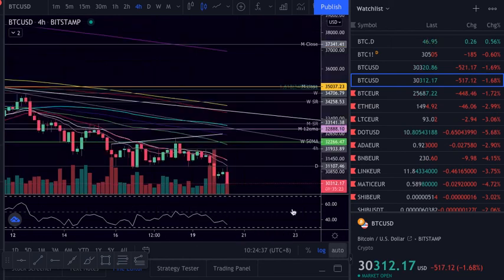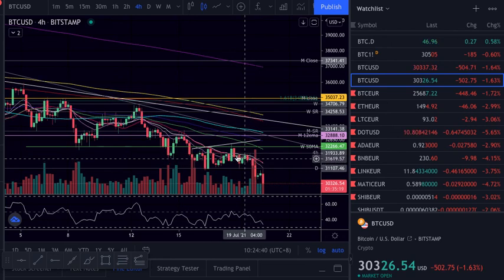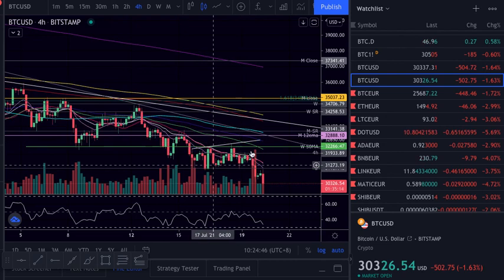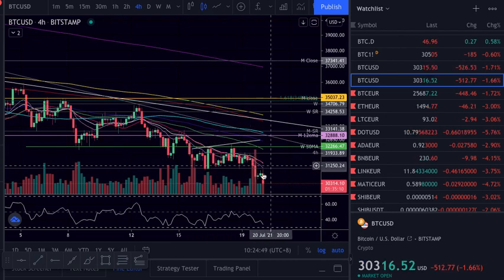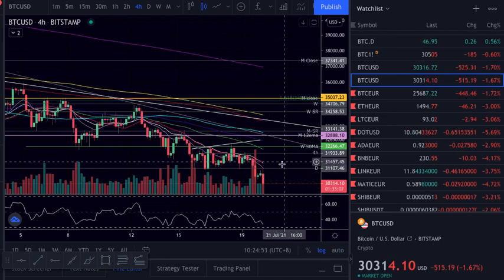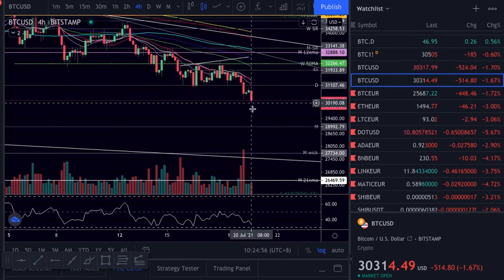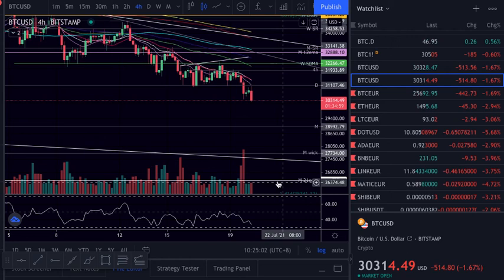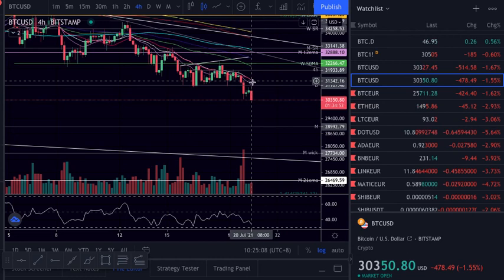So remember, look, the 21 and the 12 rejecting the price. We also got this rejection here with this trend line. This was the bear flag, another bear flag here, so another bear flag here. So no bullish tries at all, and we are coming down as we see. We have the monthly support, monthly week, the trend line, and the moving averages on the monthly below here. Of course, we can keep on coming down to the moving average